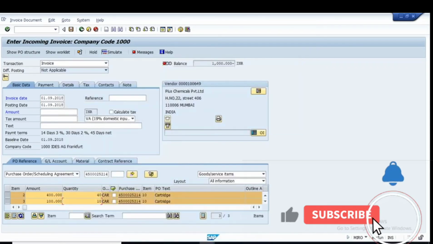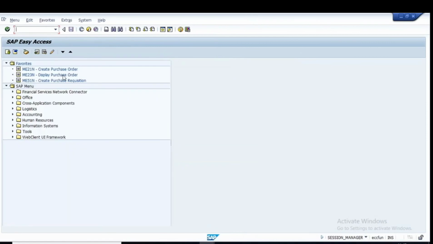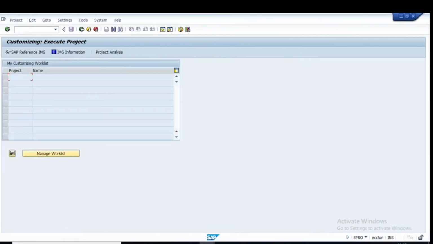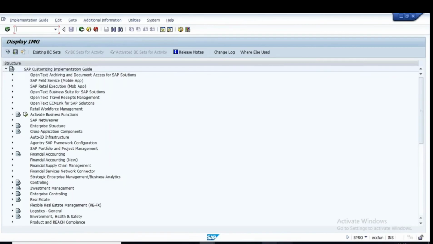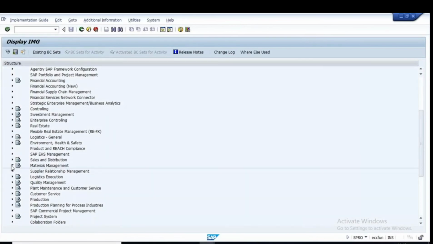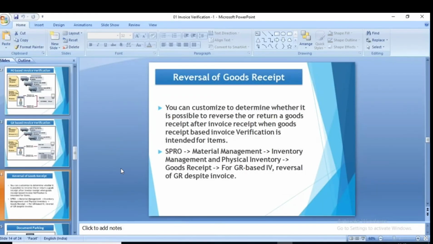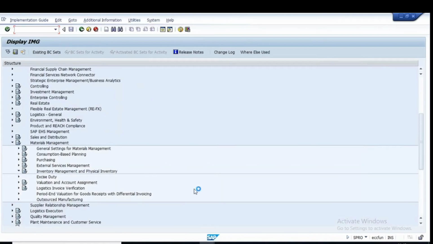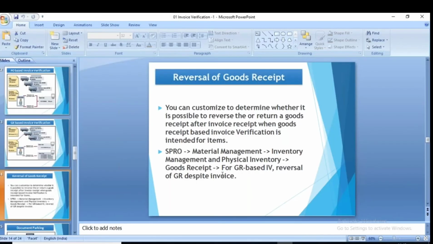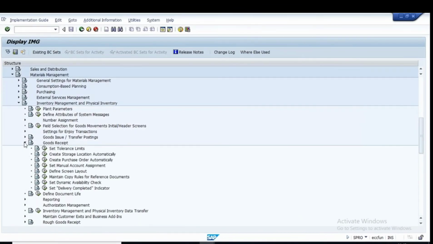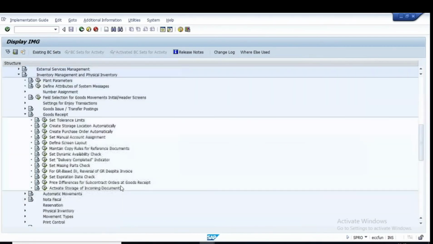Okay, so I'll show you where it can be done. Go to configuration, go to SPRO. Okay, go to SAP Reference IMG. Where is it? Materials management. Okay, go to inventory management and physical inventory. Okay, go to goods receipt. Then for GR based, here for GR based invoice verification, reversal of GR despite invoice. If you click on this,